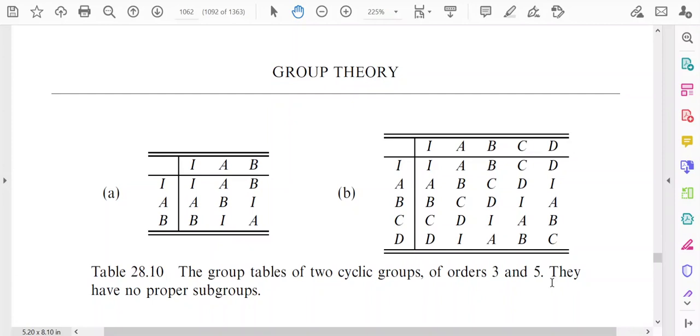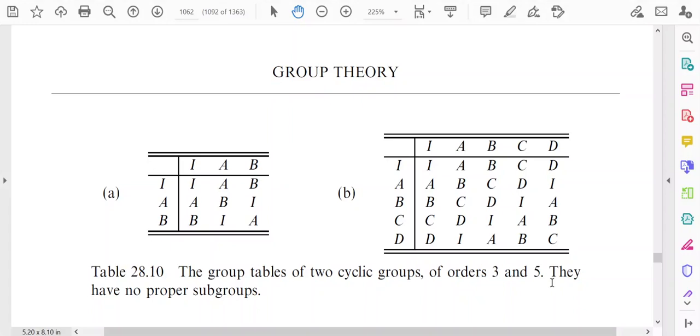These groups have been shown with a particular nomenclature, that is you have to write the value of x is equal to a, then x square is equal to b, in this way, and there will be one identity element I. You have to keep in mind that the elements a, b, c, d are generated from a particular element x. Then we have to calculate the different products between their elements, and you have to construct the multiplication table.